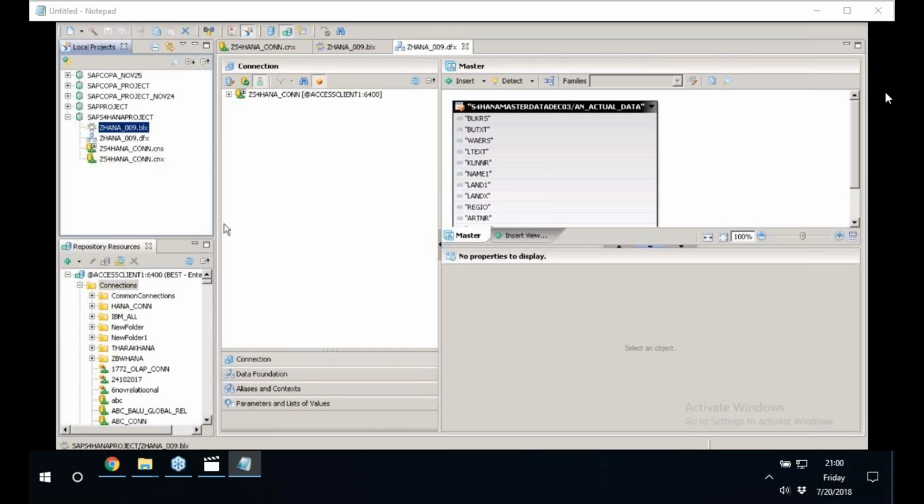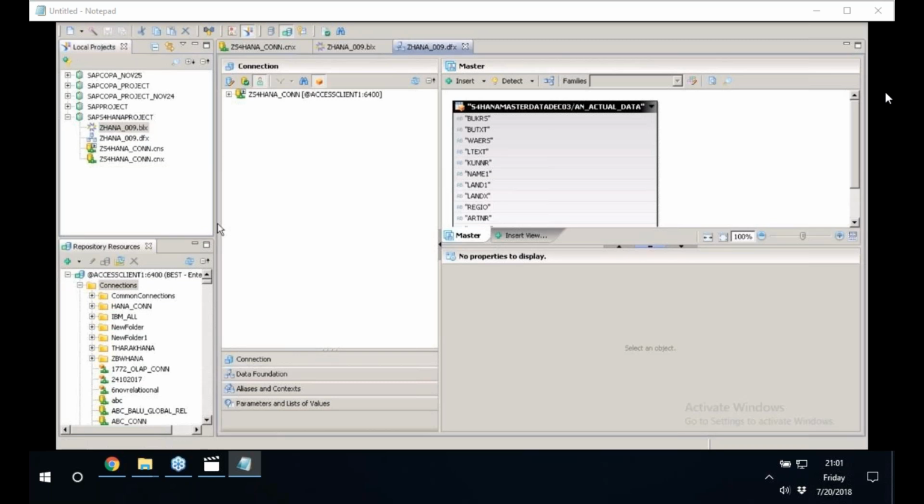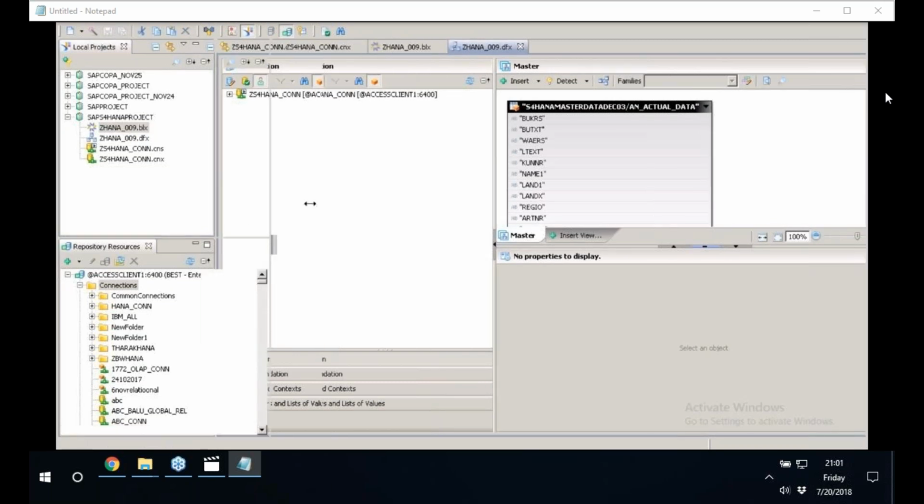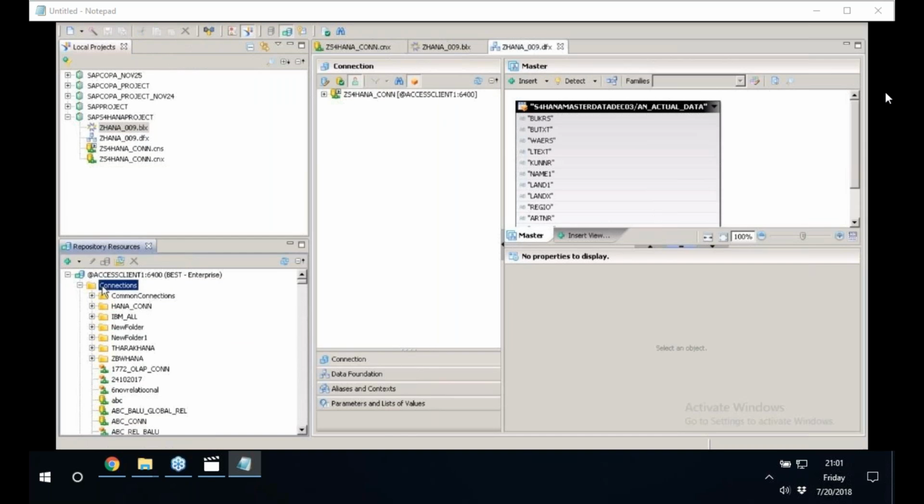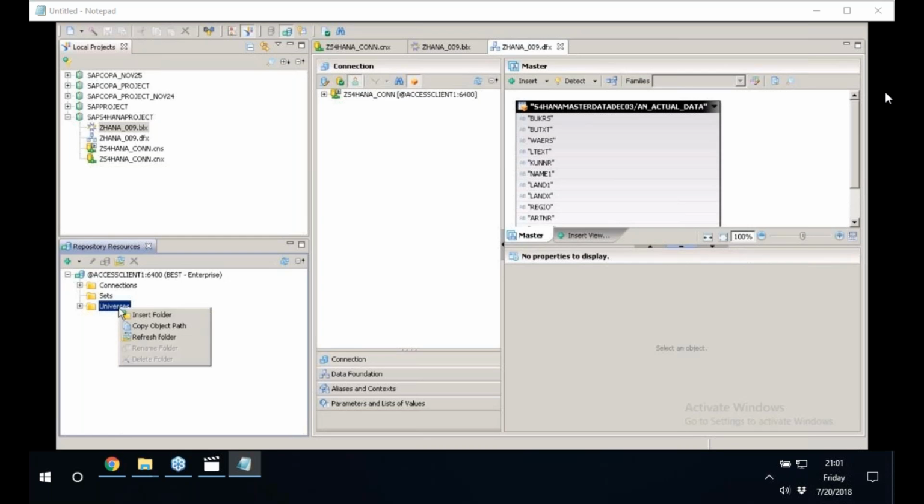Once the universe is published, where do you find this universe, participants? Let me close these connections. At the bottom you see a folder called universe. Let us right click on the folder and click on refresh folder. Once you click on refresh folder, here you would see